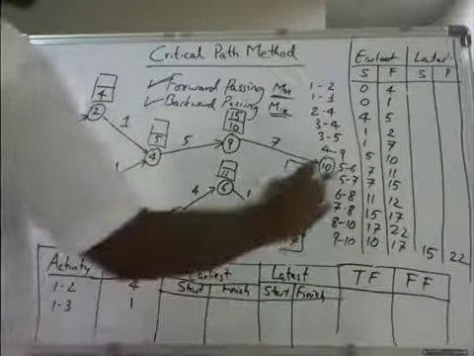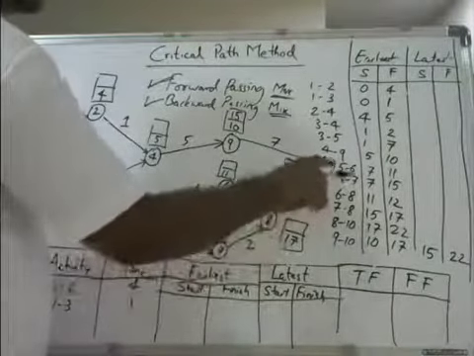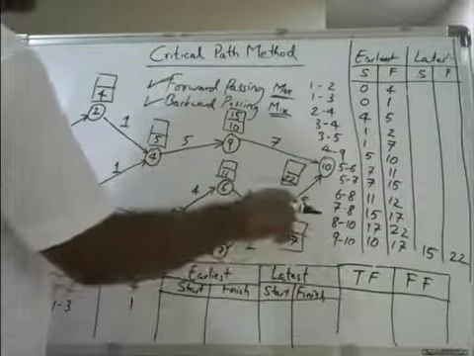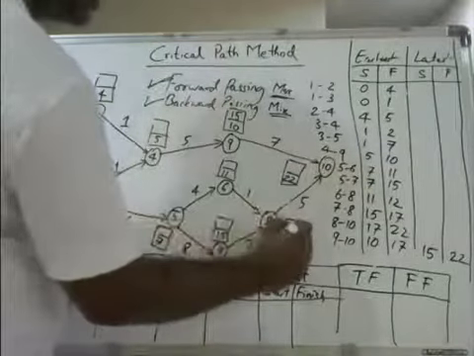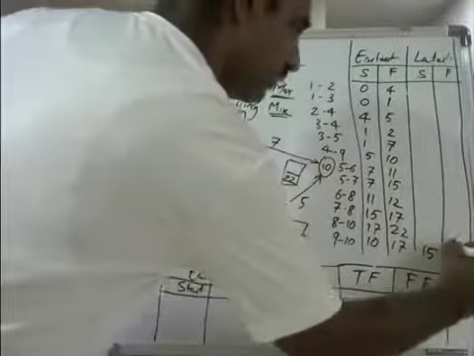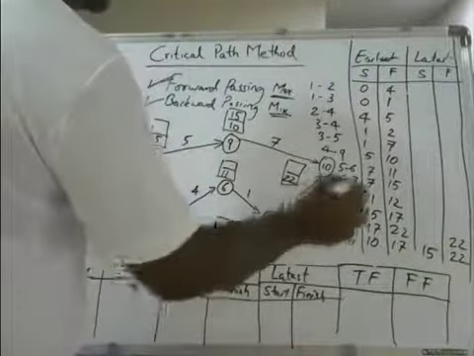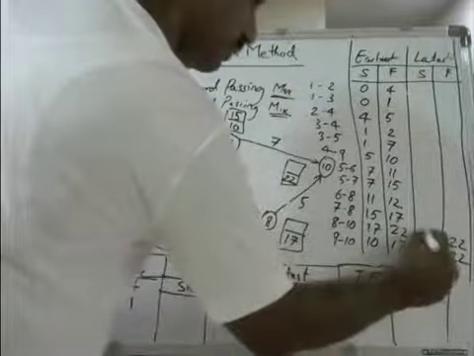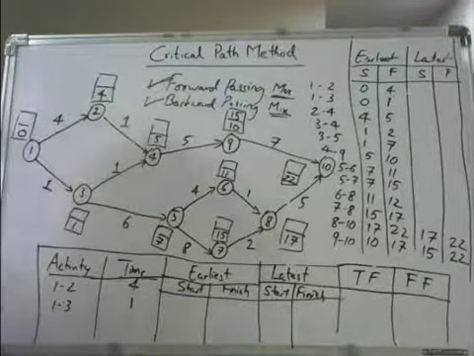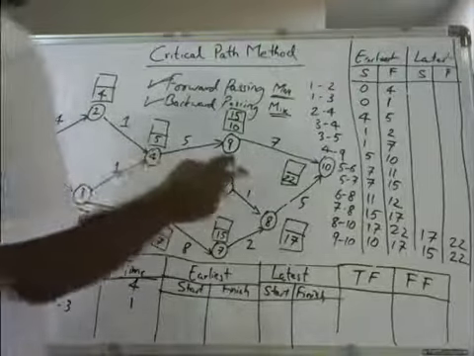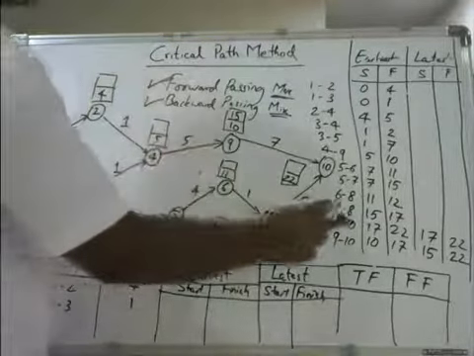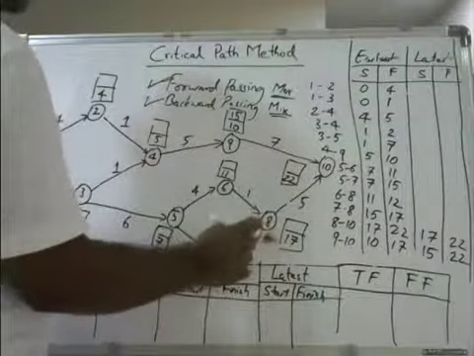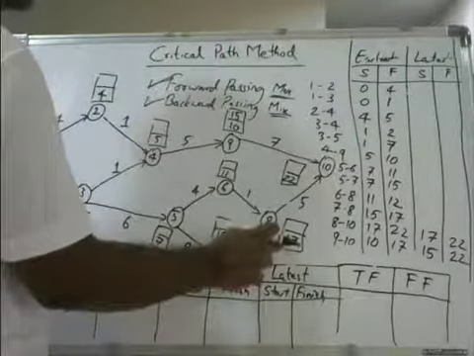Now, if you come backwards from here, 22 minus 5, how much will you get? It is 17. Here also I will write 22 for 8 to 10. 22 minus 5 is 17. So you got 17. Now, you can take any one. Next one is 7 to 8. 7 to 8 is here.